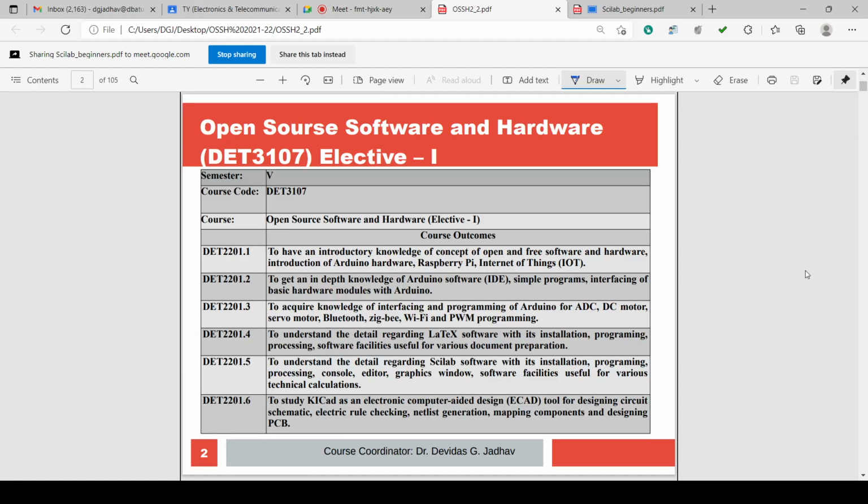Course outcomes: to have an introductory knowledge of the concept of open and free software and hardware, introduction of the Arduino hardware, Raspberry Pi, Internet of Things, IoT; to get an in-depth knowledge of Arduino software IDE, simple programs, interfacing of the basic hardware modules with Arduino; to acquire the knowledge of interfacing and programming of Arduino for ADC, DC motor, servo motor, Bluetooth, Zigbee, Wi-Fi and PWM programming;